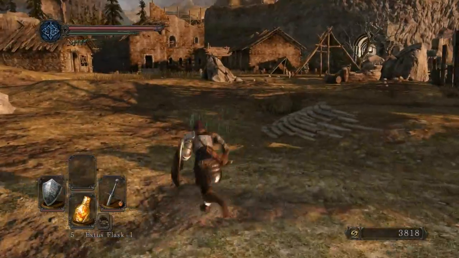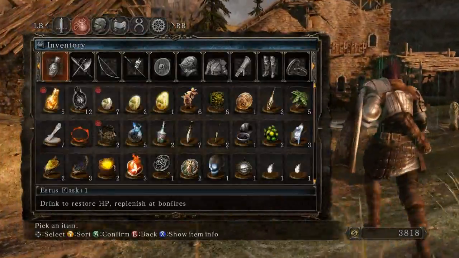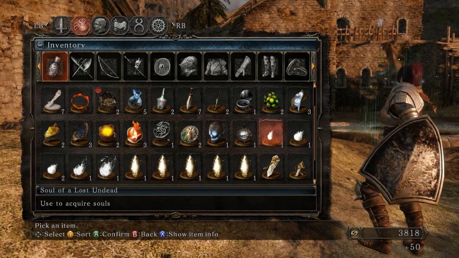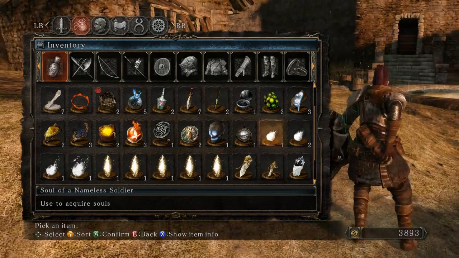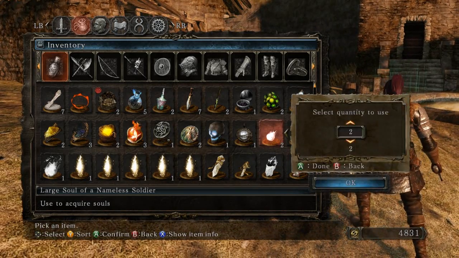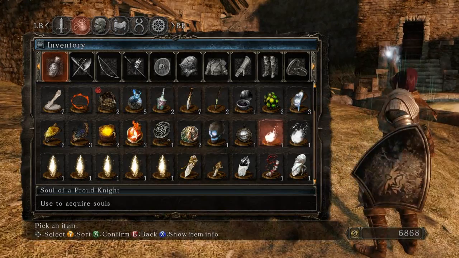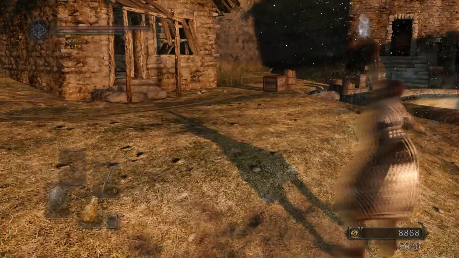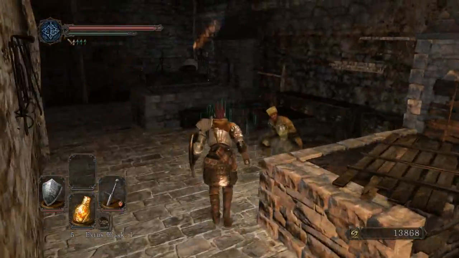So, this mansion was locked before. We now have the key for it, so let's go do that. Actually, we've got plenty of souls. I'm going to talk to the armor smith. I can't remember his name again. I really actually can't remember his name. That's fine. We'll go talk to him anyway. We're going to spend some souls with him. Okay. I don't think it'll be enough to get the full Alva set, but...